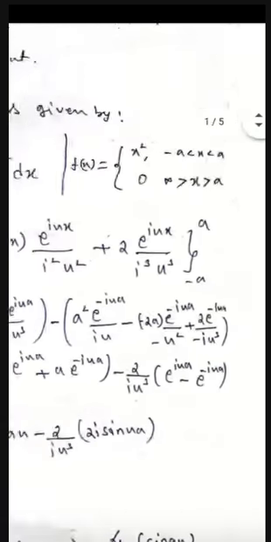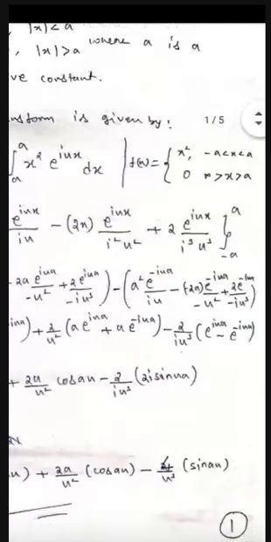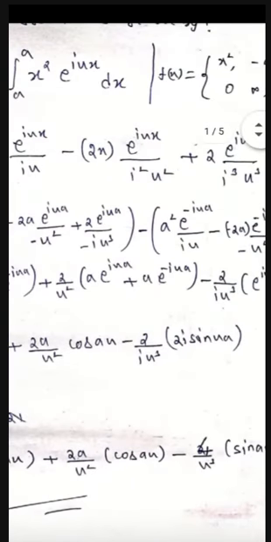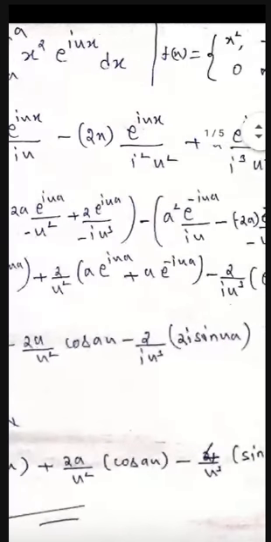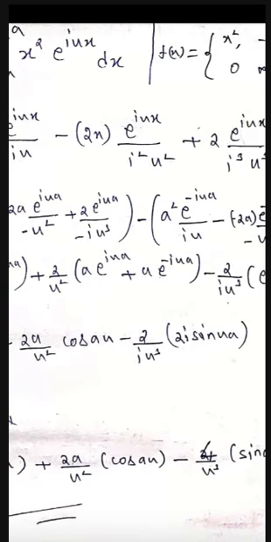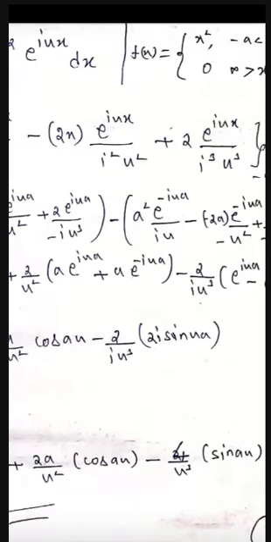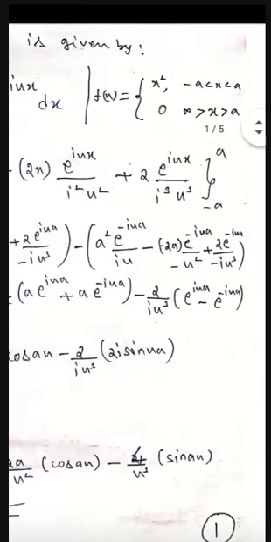You have taken u square outside, so on the left side you get 2a e power iua, so you have taken 2 outside, a e power iua, and the right side also a e power minus iua. Similarly, I can take out minus iu cube,